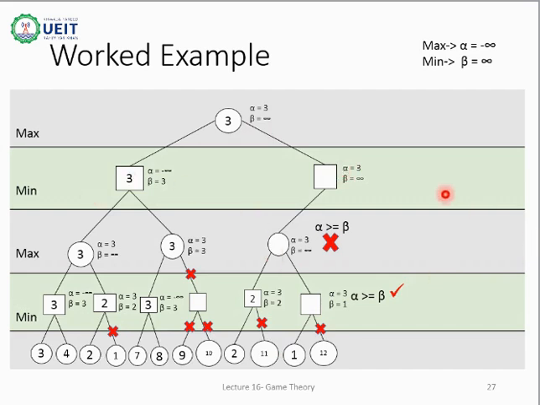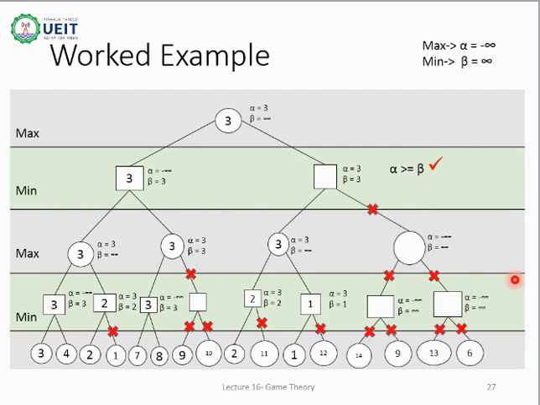The node that currently has the control is this node, and we have to choose the value of beta. As we do not have information or data of the right side or right successors of this node, thus beta will be assigned 3. The condition check will be performed here as well. We have assigned beta 3. The condition check will be performed, and of course alpha is greater than or equal to 3. The condition here is being satisfied. Thus this whole part of the tree here is pruned.